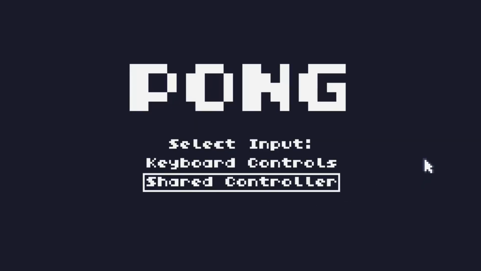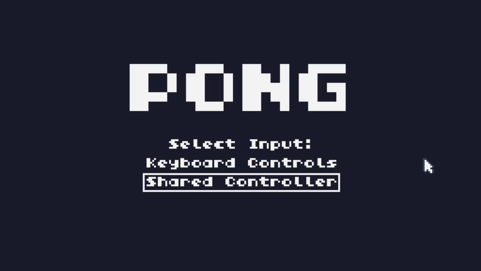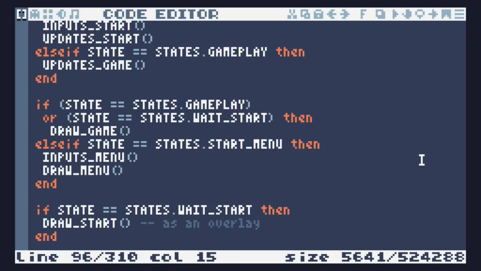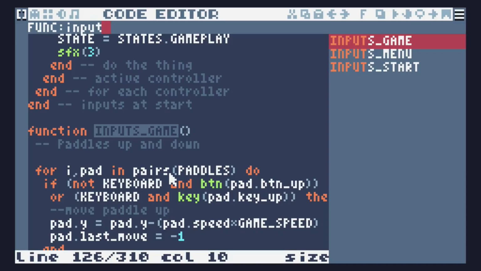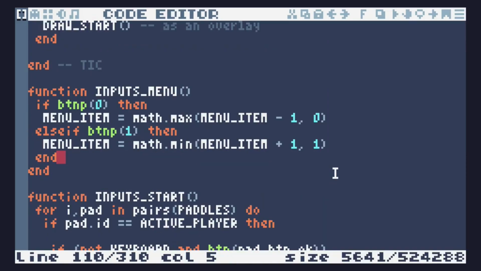So up, down, up, spammy up does nothing, down, spammy down does nothing. We can now select, and if I use the controller, it works as well. Okay, can't select an option though. Enter does nothing, the face buttons do nothing. But we haven't told the player which face button is the one that